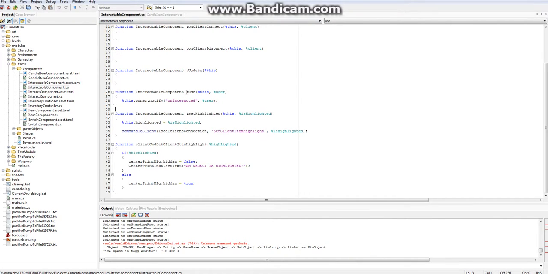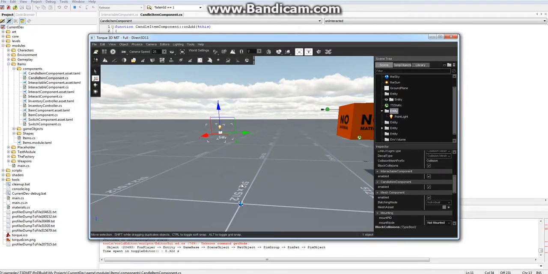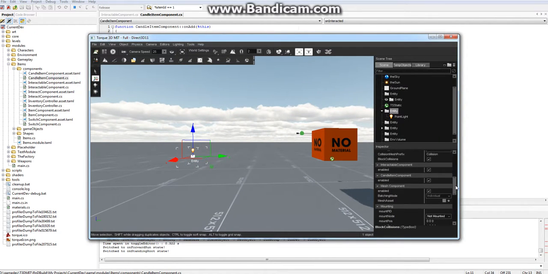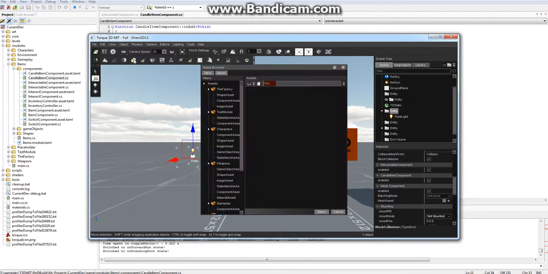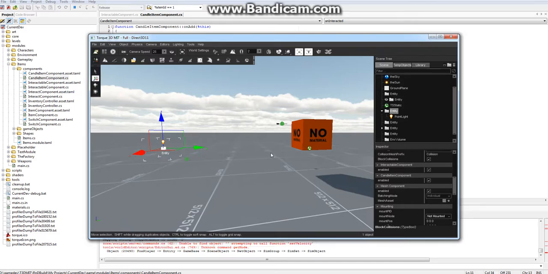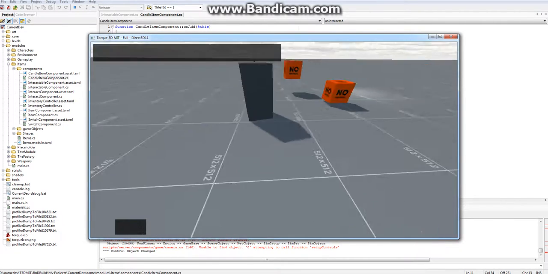So we interact, the use command is called, and we notify any and all components with the onInteracted function, in this case our candle item component. We do the interacted call, we get the light, we turn it off. And obviously, we have a huge spread of other components. For fun, we can pop out here